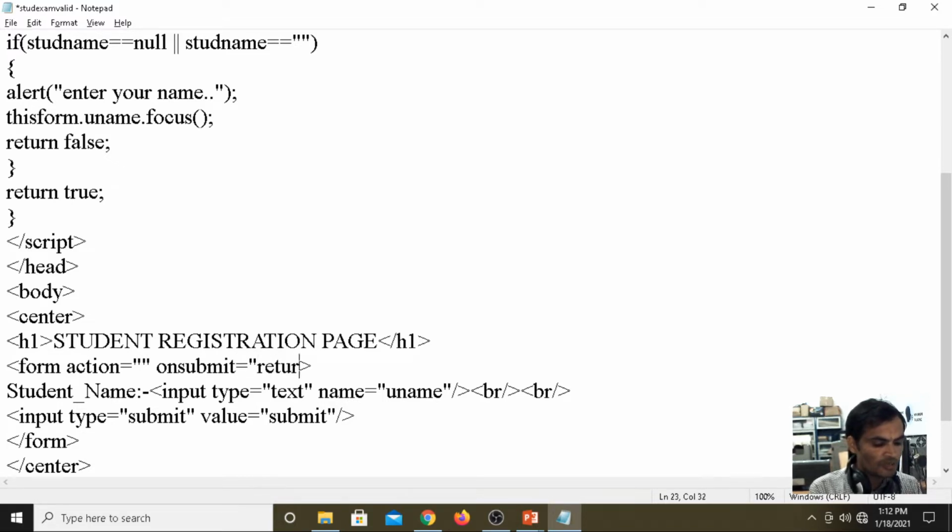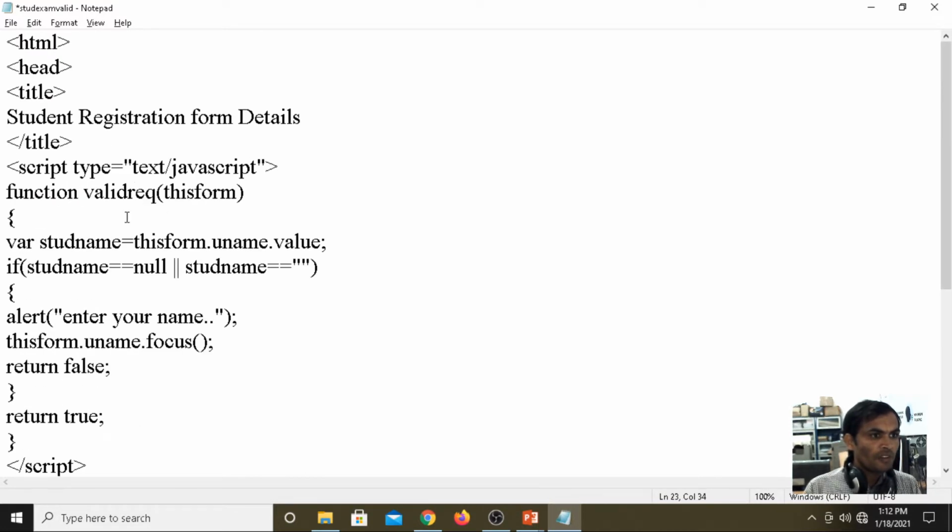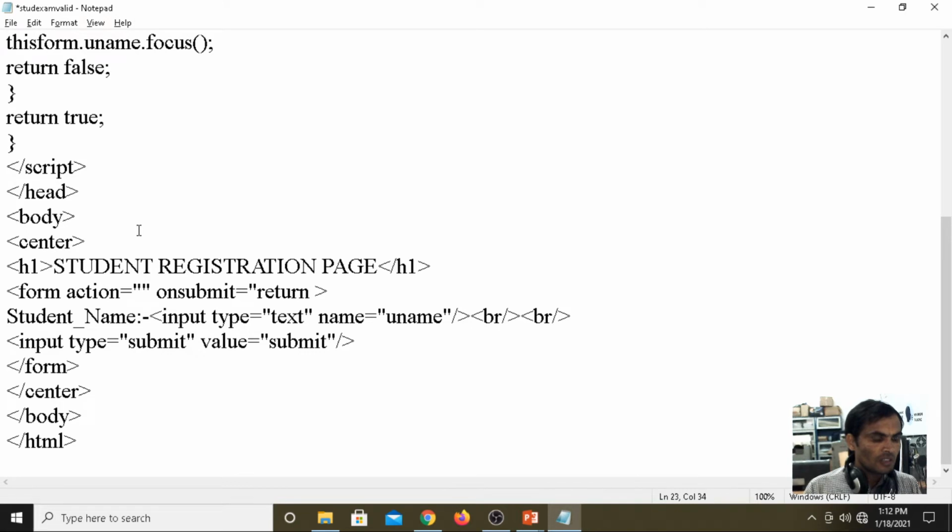Under this attribute we write return and the function name, validRegistration. Then the method equals post. There is a get method and a post method. Get is for retrieving, and post is for storing.